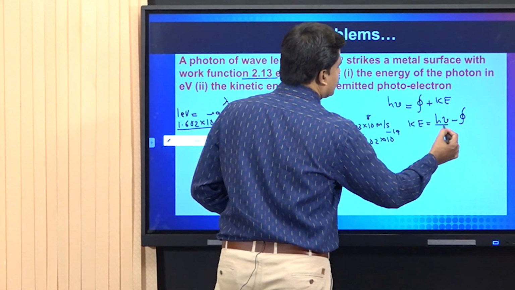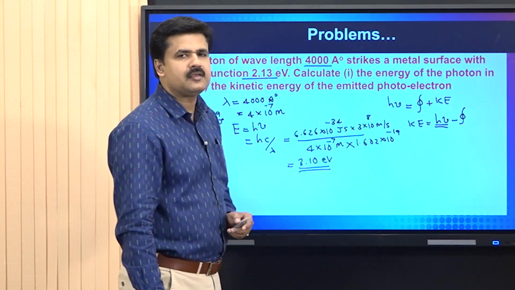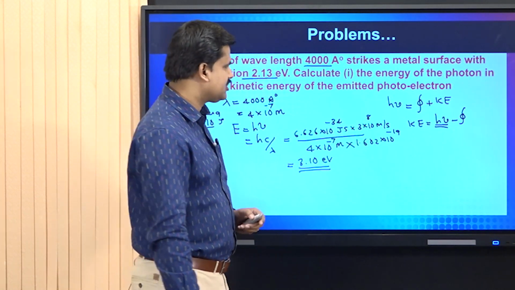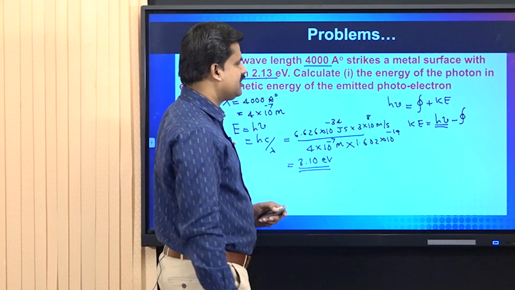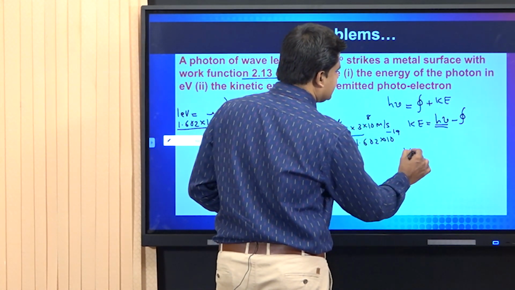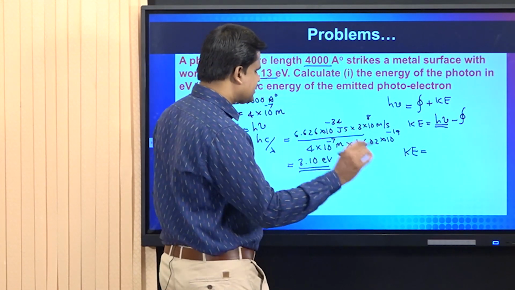And we already calculated that the total energy provided is 3.10 electron volt, and the work function is 2.13 electron volt. Thus, the kinetic energy of the ejected photoelectron is equal to